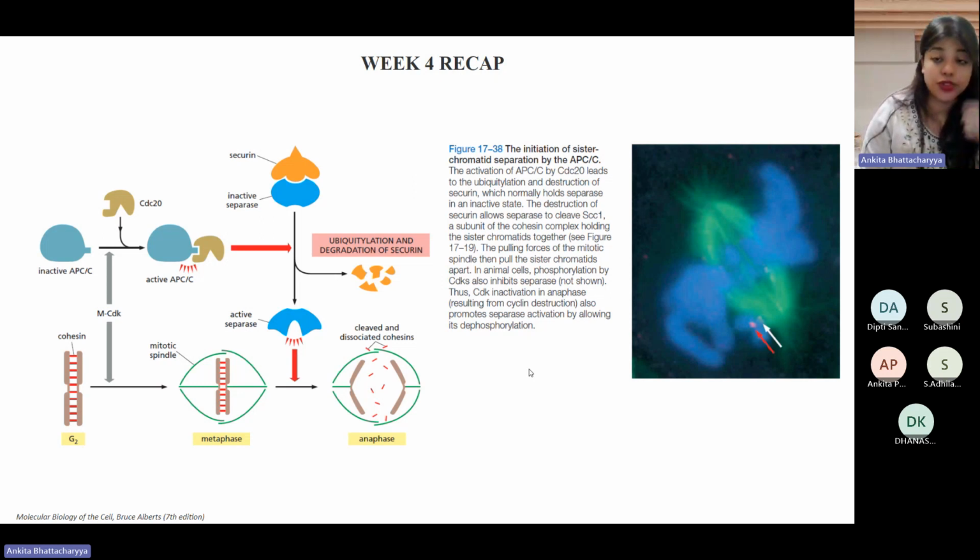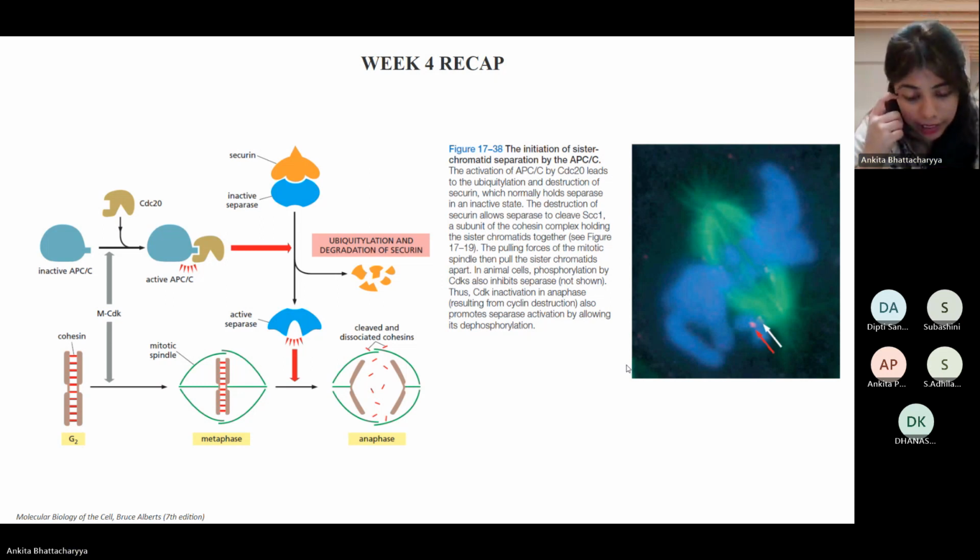Now, what you see on the right, I think this also is something that I mentioned in one of the previous classes, that one of the major checkpoints inside the cell to avoid non-disjunction is something that occurs somewhere between this transition from metaphase to anaphase, after alignment has occurred, post alignment, before separation towards the opposite